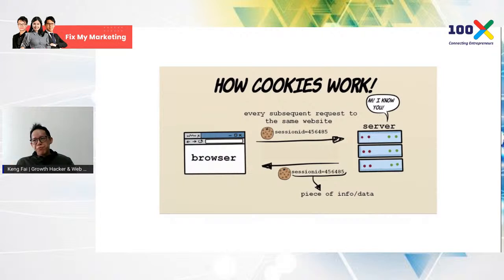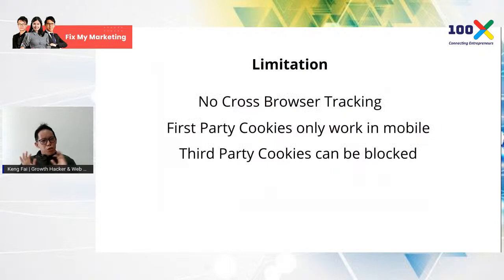So how it really works, I'll tell you again. Basically they store a little snippet of code in your browser, and it tells them, hey, you came back and I know you. That is how it works in a gist. They store a session ID, identifying you not by your name but by your ID. So you're called by a number, like in Squid Game, the number 456. They identify you by a number on the website. We call it anonymous, but we identify you by a number.